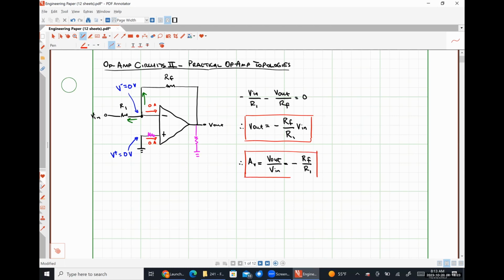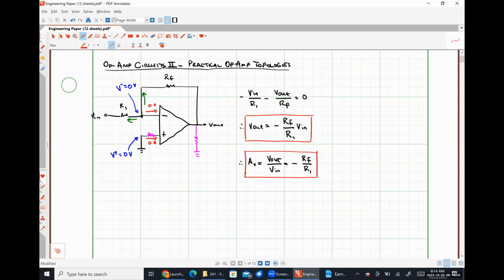So let's talk about this gain relationship briefly. The gain of this system is negative RF over R1. There is no real restriction on what RF and R1 can be, other than if we chose R1 to be a short circuit, it looks like we would have an infinite amount of gain. In Circuits 2, we'll talk about the consequence of that, but it won't be that big of a deal for this class. Because RF is unrestricted and R1 is unrestricted, this particular type of amplifier is capable of amplification,